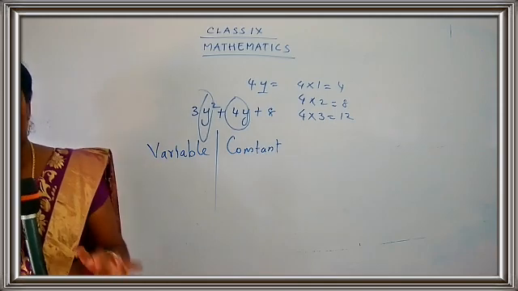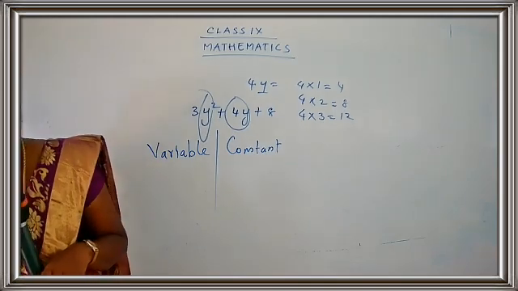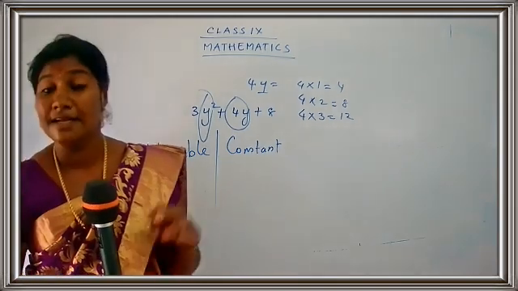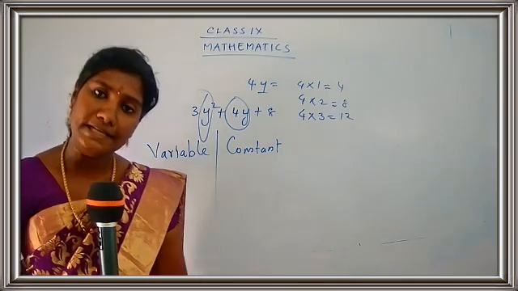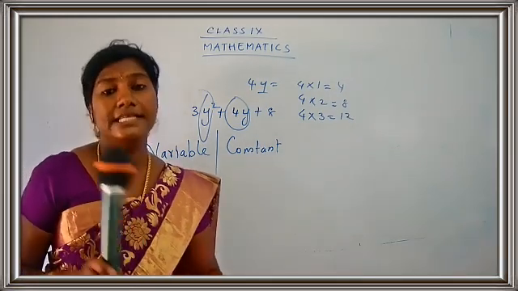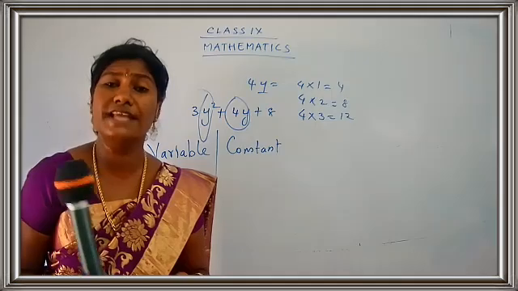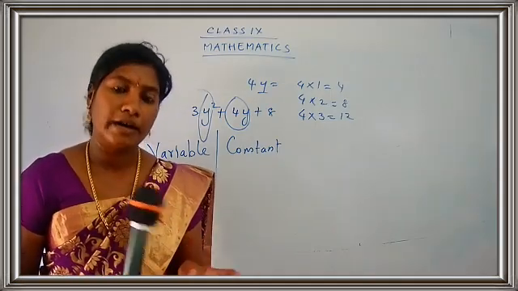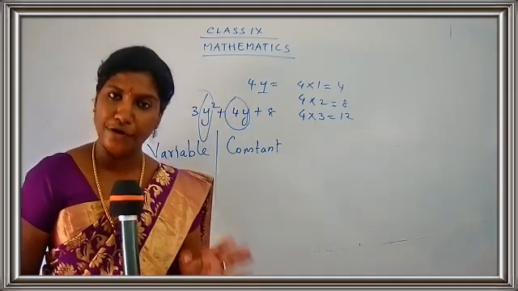So this is a way of writing the standard form of a polynomial. The standard form of a polynomial is writing the polynomial in the increasing order of power or the decreasing order of power. You can use any one of the orders for writing the standard form. Are you getting my point, children?